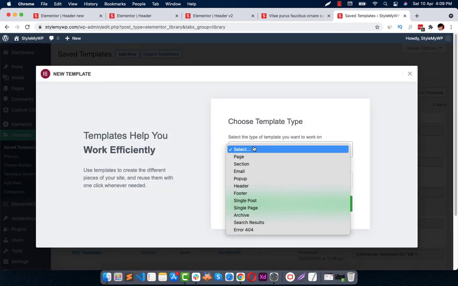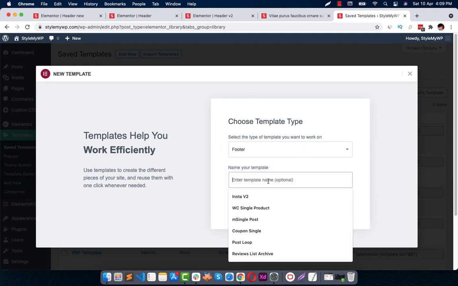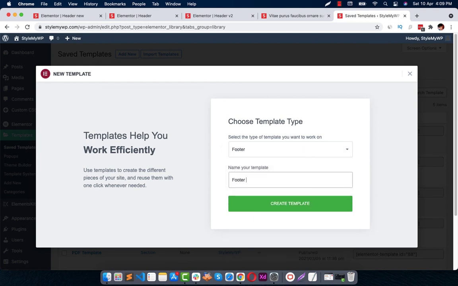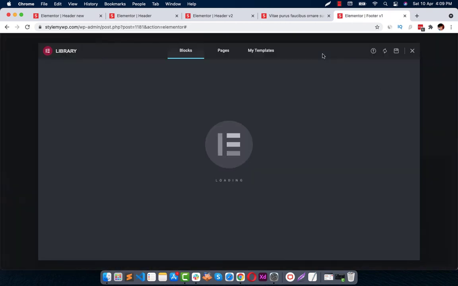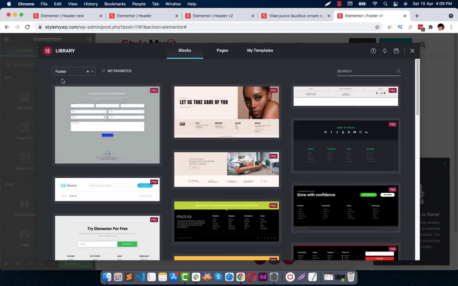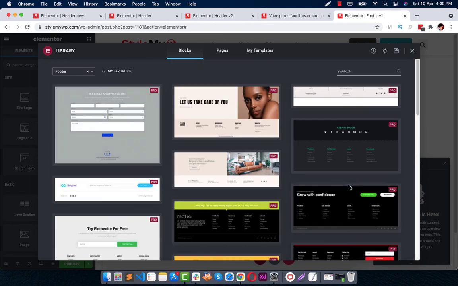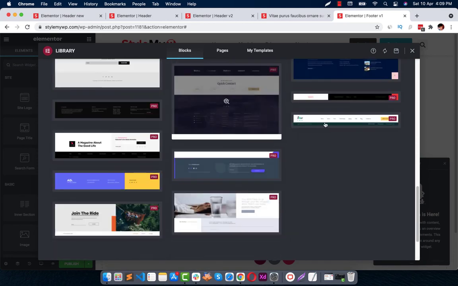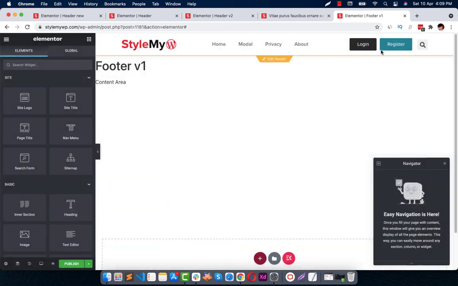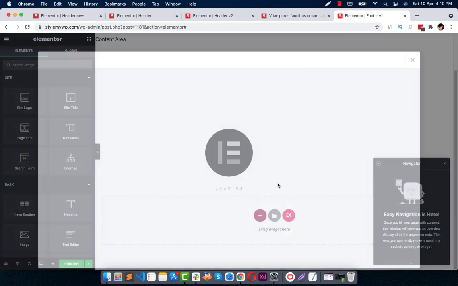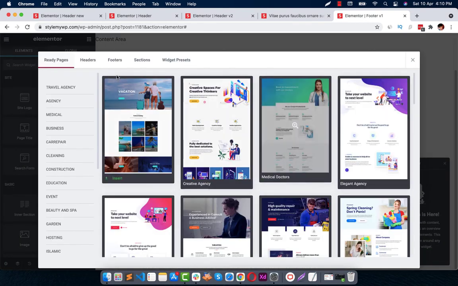Add new footer, and a footer v1. So here are all the templates from Elementor, right? You can also use templates from Elements Kit by clicking here in the footers.